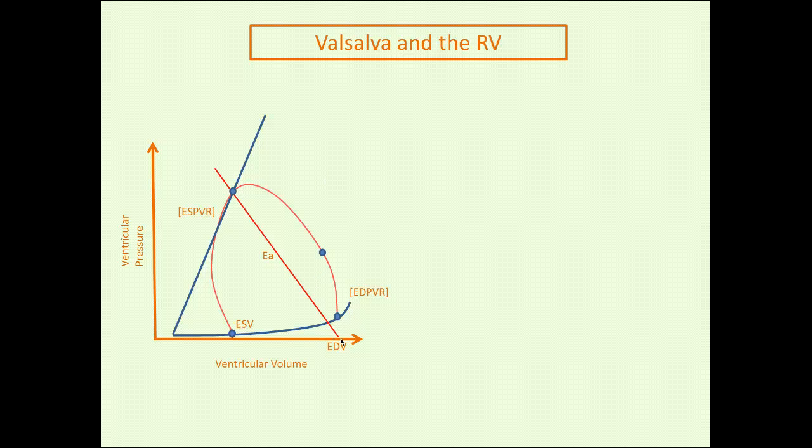And again, in Chapter 2, we talked about this curve here, this summation curve, this arterial elastance. Here it's the pulmonary arterial elastance. The slope of this curve is a summative score for the impedance to flow for the right ventricle, and it's the relative ratio of the slope of arterial elastance to end systolic